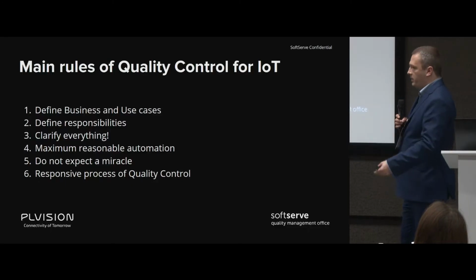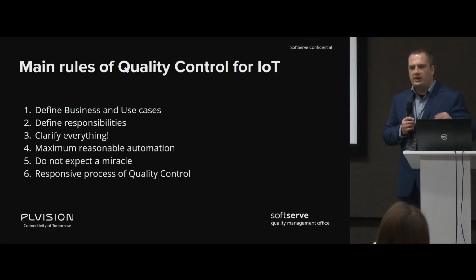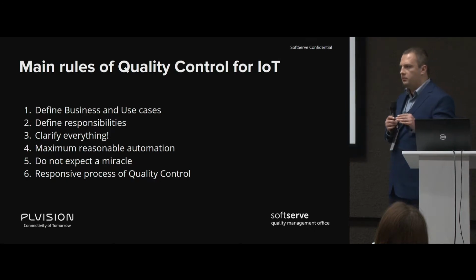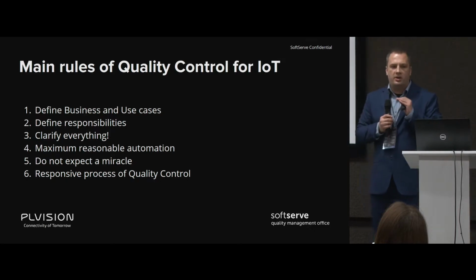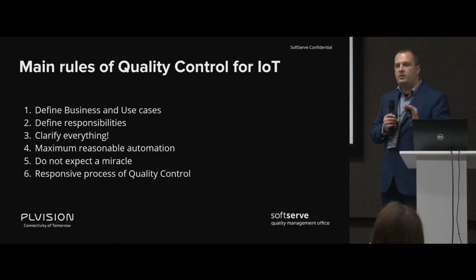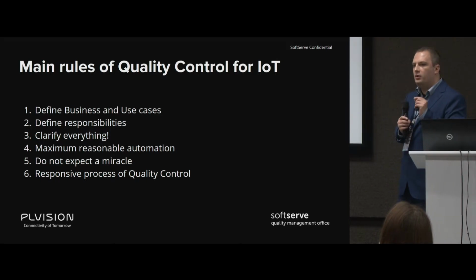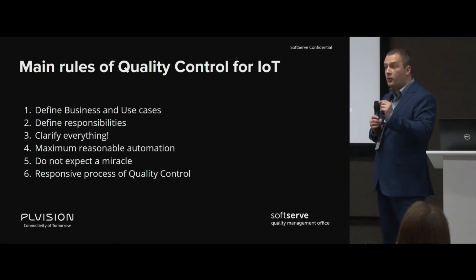Maximum reasonable automation. In this case, you don't tell the customer that you're doing automation at all. Usually you don't tell the customer that you're doing testing at all. Doesn't matter. Automate as much as possible from the beginning. Your voice must be heard before you sign an agreement, before your project manager starts doing something. You must come to the project manager and say, okay, this doesn't include even a bit of automation, this won't work.